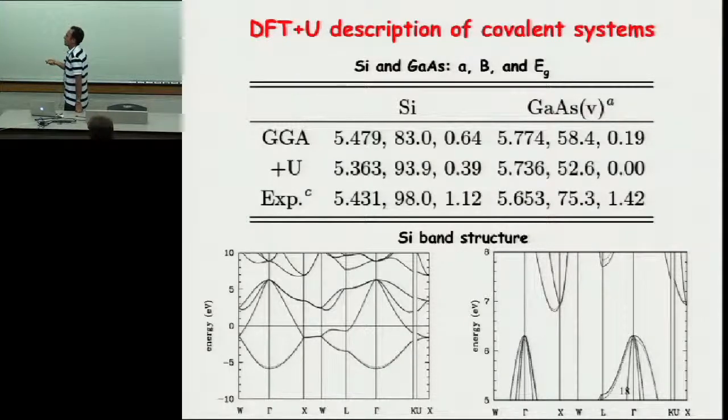As you can see, for example, these three columns are the equilibrium lattice spacing, the bulk modulus, and the band gap in electron volts. So you can see if you add the plus